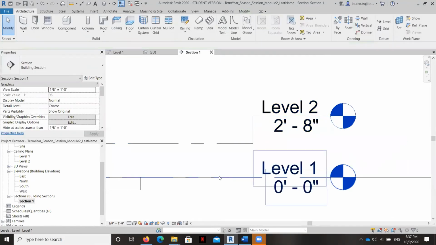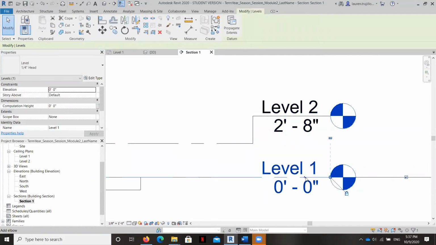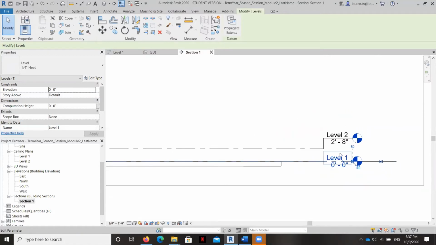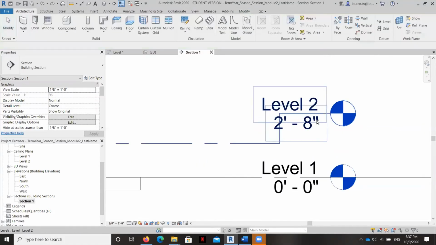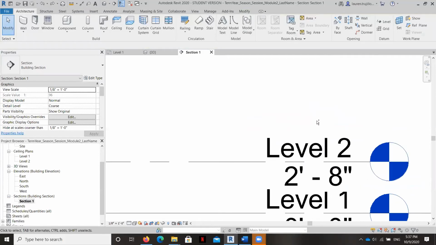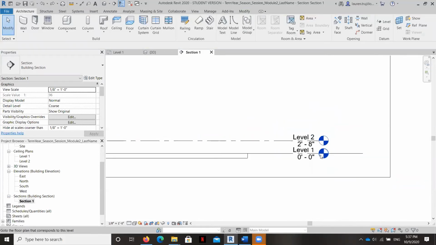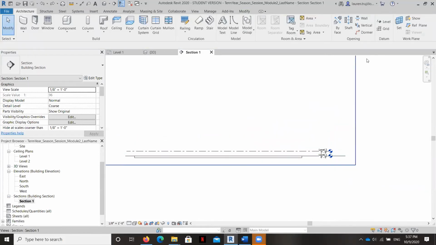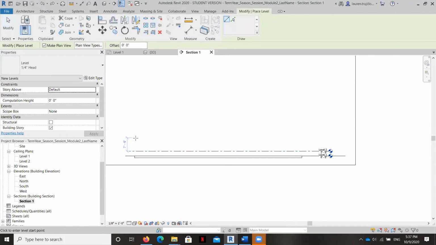And the way we did that again was just to click that little zigzag and it adds an elbow. I'm probably going to just leave it as it was before, but now you know how to move it. Okay, so now we need a new level. And so we're going to go up to the Architecture tab under Level, and you can see here it's wanting to place in heights for me. So I'm going to enter 12 feet